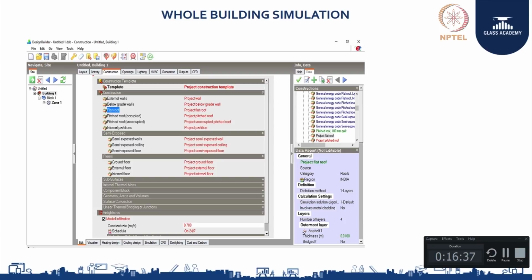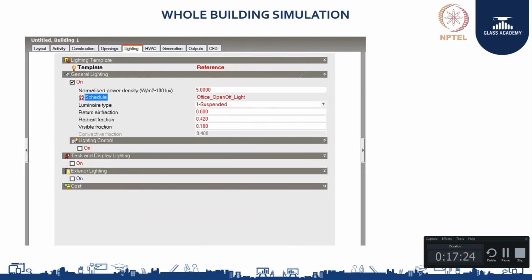After that we come to the important part called construction. This is where we enter the properties of your wall, your roof, etc., where you will consider the insulation that you are going to give to your wall. Here you can see this is a very user friendly interface. When I click on this construction, it gives a lot of options like external walls, flat roof, pitched roof, what are the type of floors that are there. For which floor what material you need to assign, all that can be done. When I click on one of these and I give edit, I can go there and edit the properties like your U value and how much will be the insulation thickness, all that can be altered here.